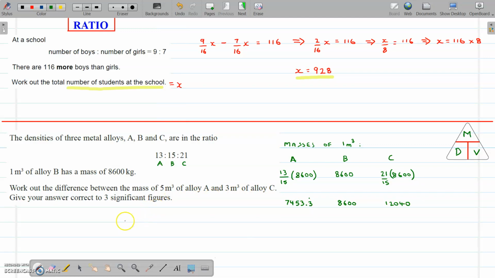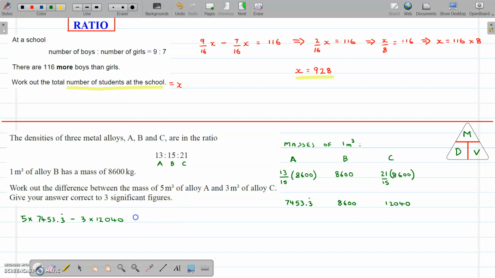So what I need to do is 5 times 7,453.3 minus 3 times 12,040. Okay, and if I put that onto a calculator, and take away 3 times 12,040, that gives me